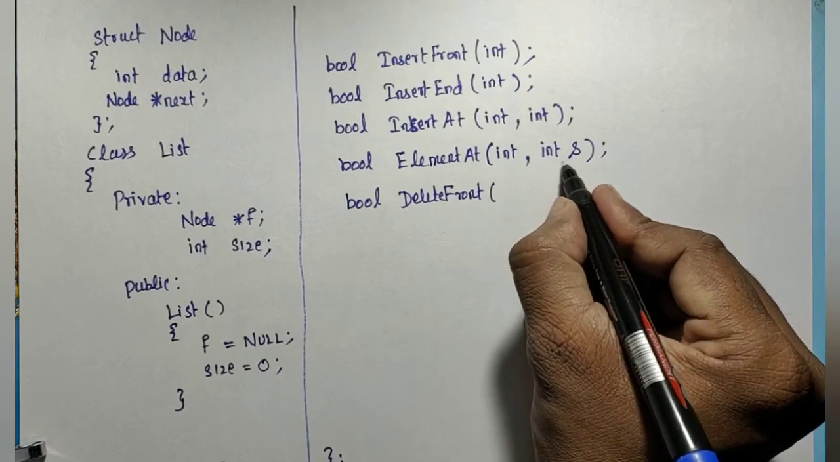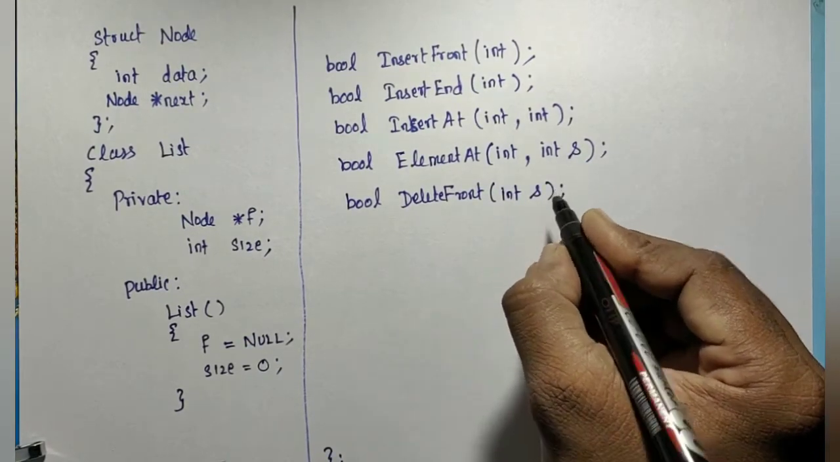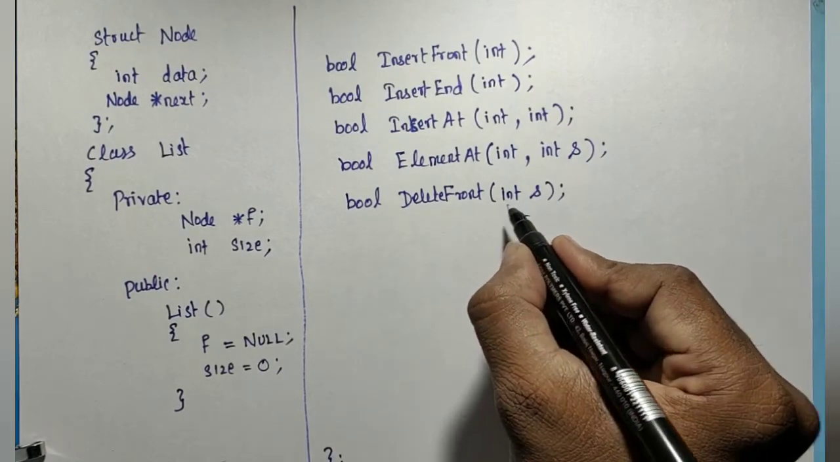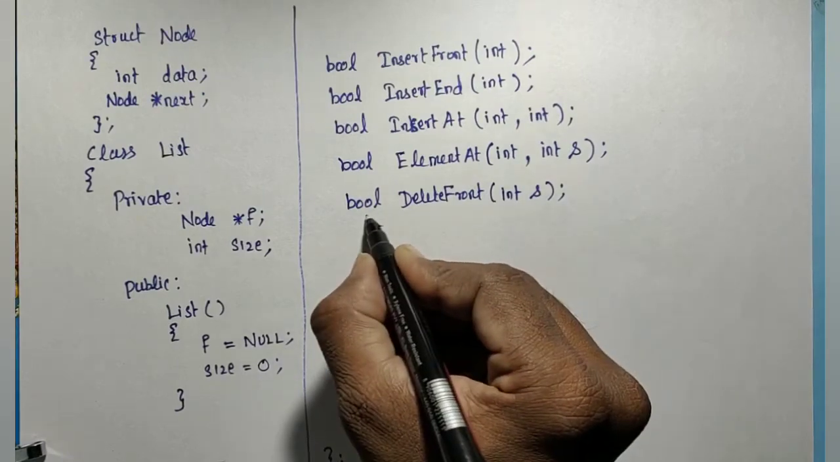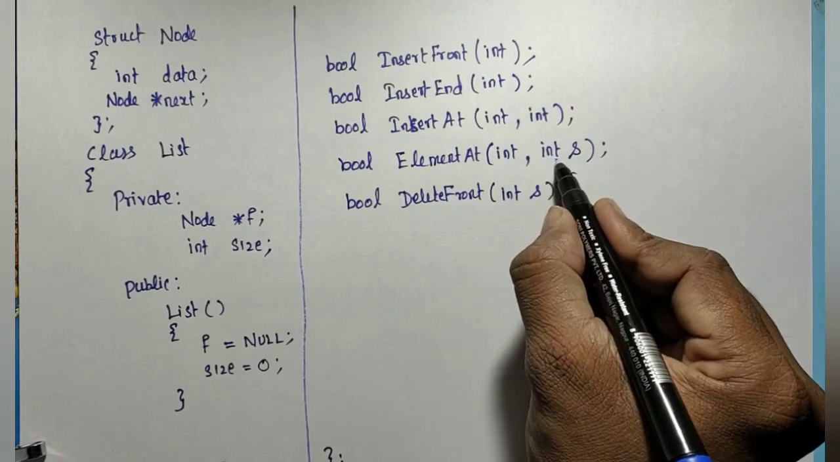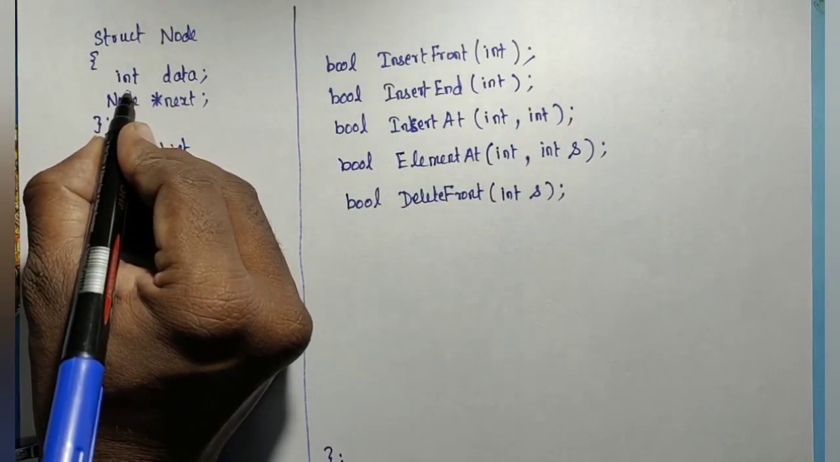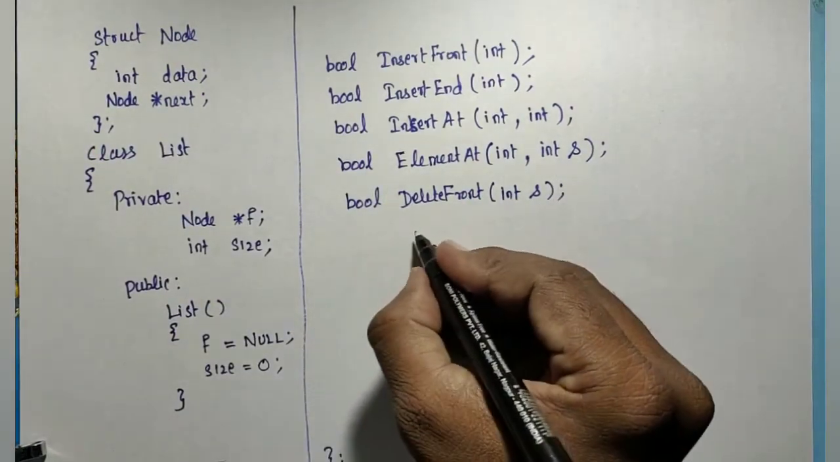That element value means int ampersand. So output variable we are passing here. Only one, there is no input, but two kinds of output. One is the deleted element, another one is success or not. Be clear that the output element type depends on the node type. Here if it is a generic type, here also the generic type. Okay, the next,